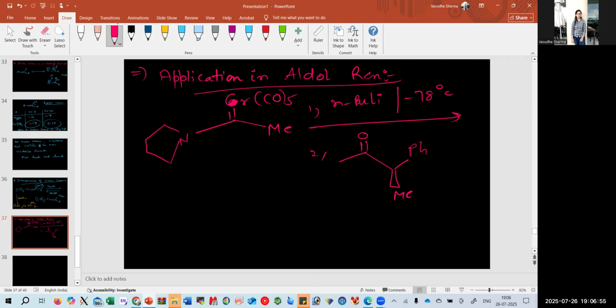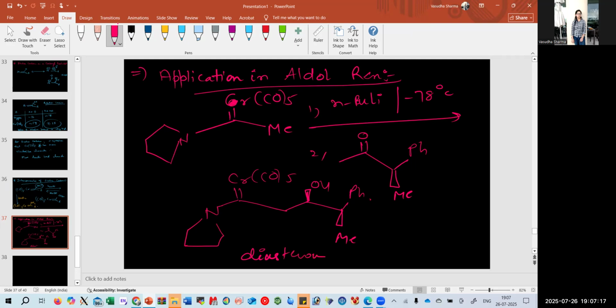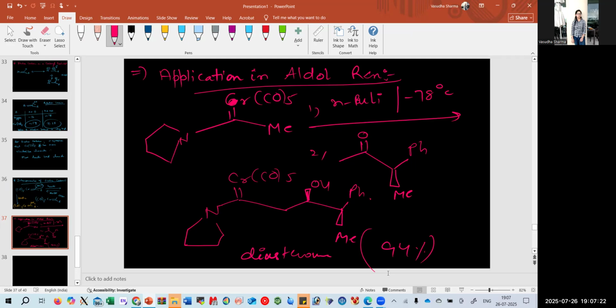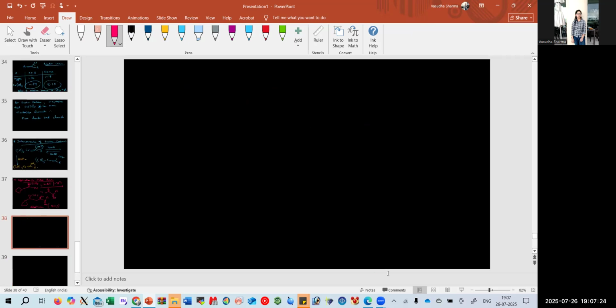What it would do is that the chromium CO5 amino acid, this methyl and this group will connect to CH2, making OH and Me-Ph. So this is a diastereomer with 94%. So this is another application, and the last application that we are looking into is